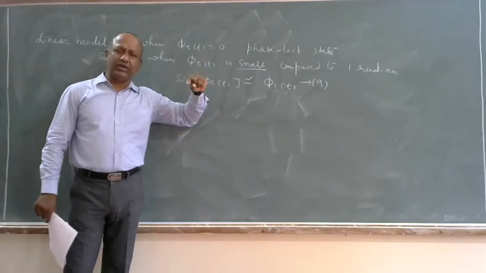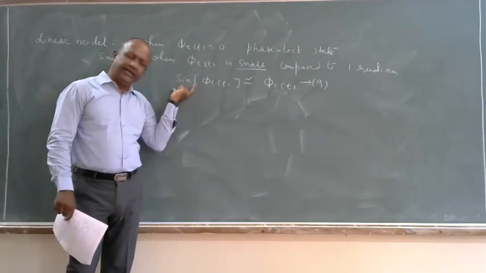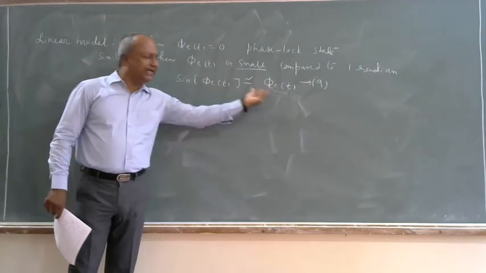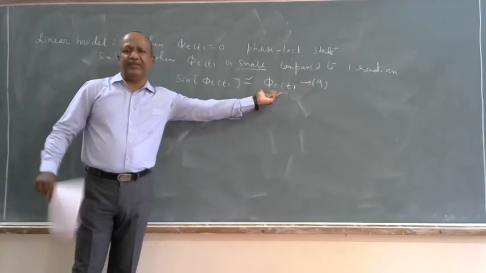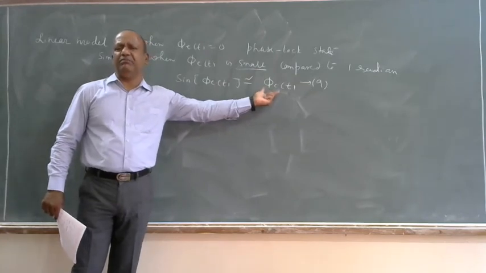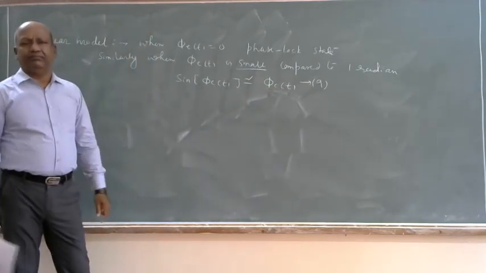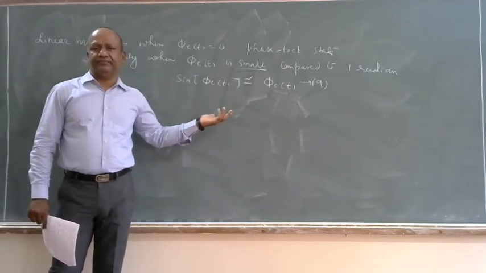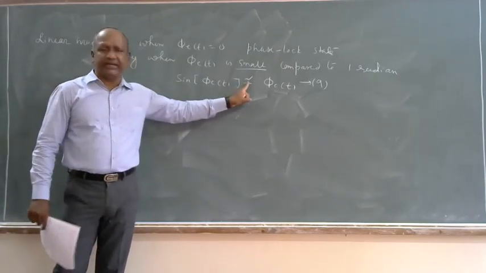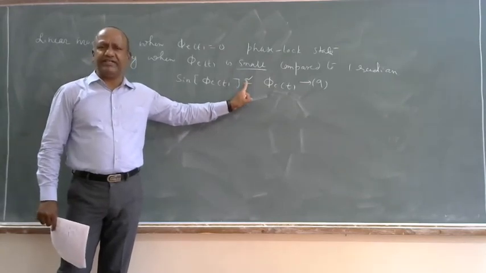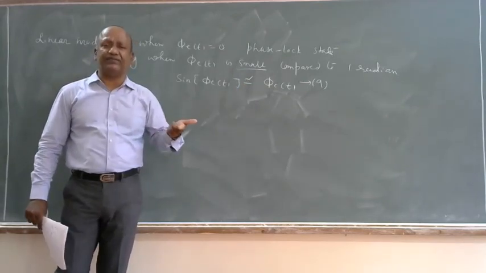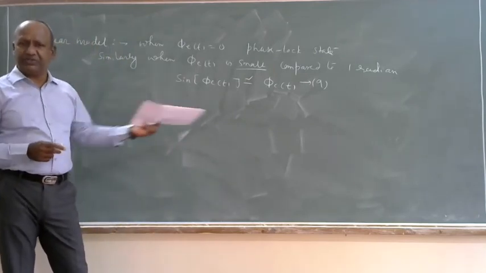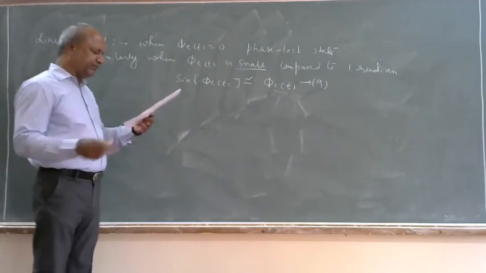What non-linearity is present in the previous model? It is because of the sine. But I am approximating where the sine is not there. So now it is going to become a linear model. But with what percentage of accuracy is also very important. It is approximately, not exactly, so with what percentage of accuracy my approximation holds is very important.